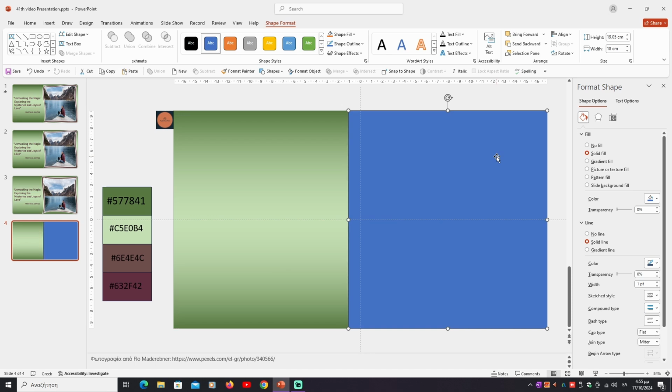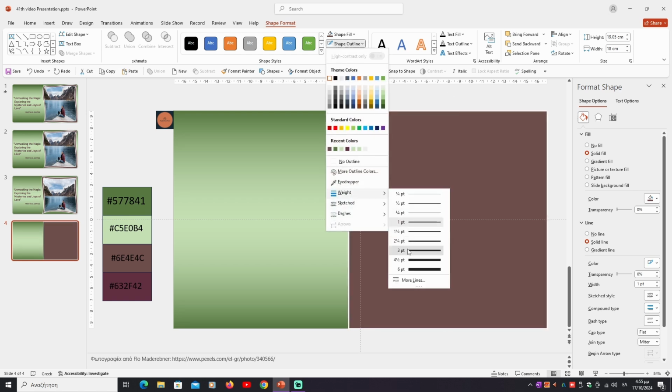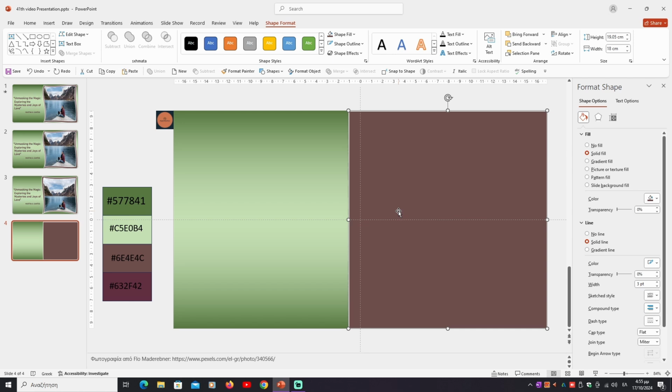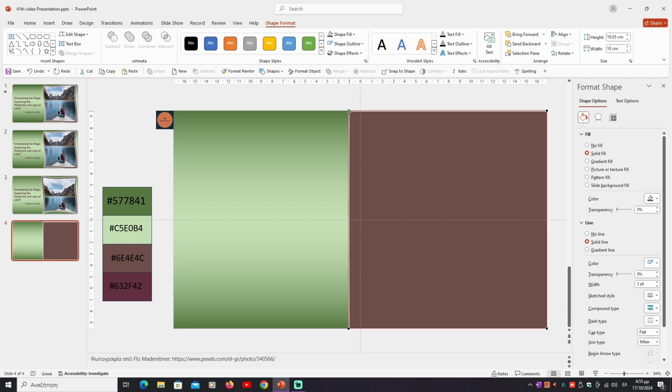Now we will color the rectangle. We go to Shape Format, Shape Fill, Eyedropper. We choose the brown color from the left side outside of the design area. Shape Outline, we choose white. Shape Outline, weight 3 points. And now we will adjust the shape with the Edit Points command. Right click, Edit Points,